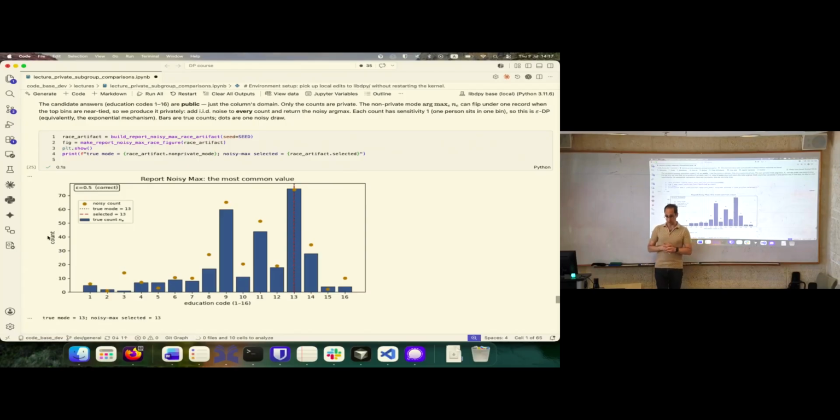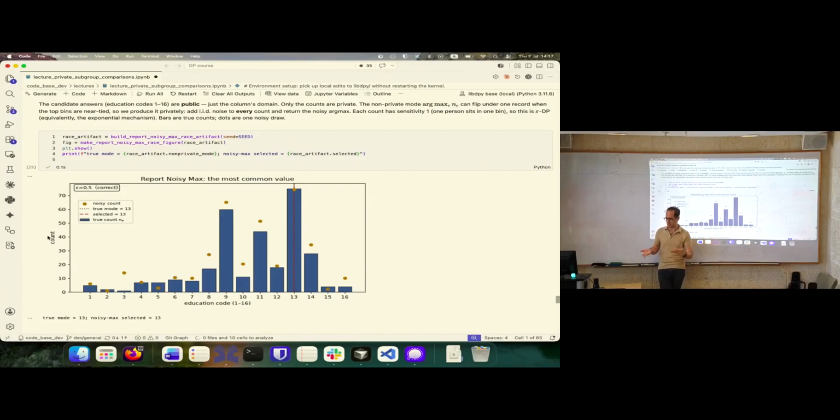But there is a subtlety here, because if you just add noise to every bin and you don't do anything else, then your privacy doesn't degrade with the number of bins, but your accuracy degrades with the number of bins, right? Because with sufficiently many bins, the probability that one of the smaller bins will just get a very large amount of noise starts growing.